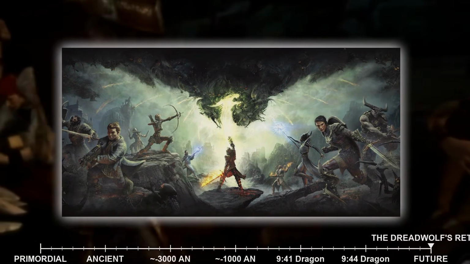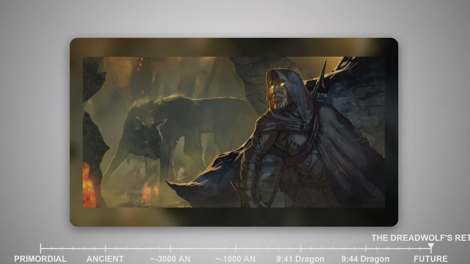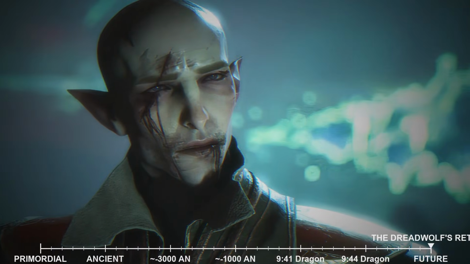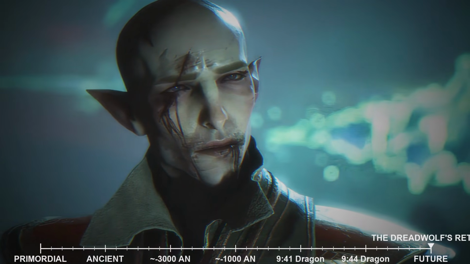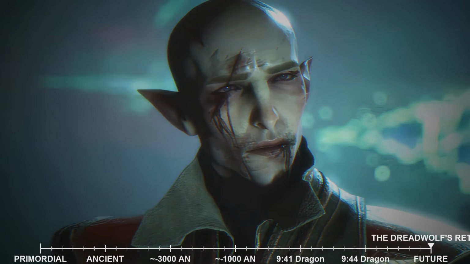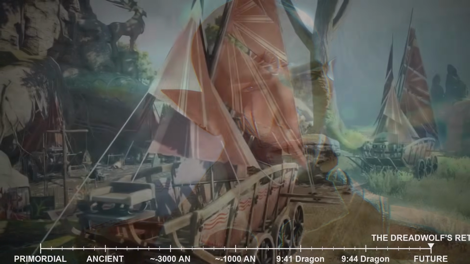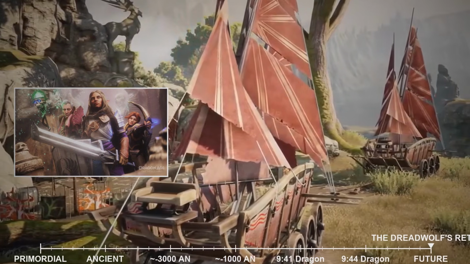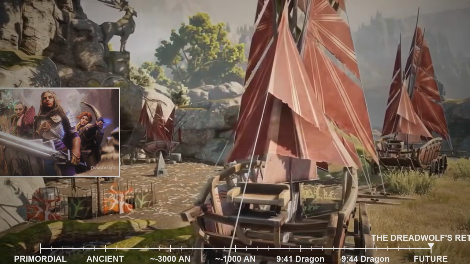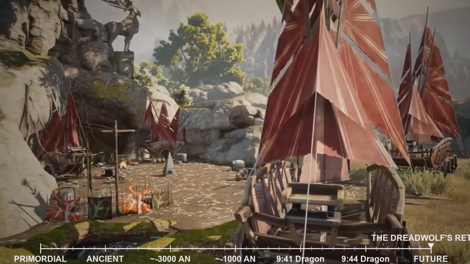His plan, as chillingly articulated, involves nothing less than the tearing down of the Veil. For those unfamiliar, the Veil is the magical barrier that separates the physical world of Thedas from the Fade, the realm of spirits and dreams. It was Solus himself, in his ancient past, who created this Veil, an act intended to imprison the other Evanuris and prevent their tyrannical rule from utterly destroying the elven people. Now, however, he views its continued existence as an abomination, a perpetual wound upon the world that has stripped the elves of their immortality, their magic, and their connection to their true heritage.